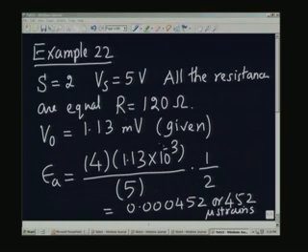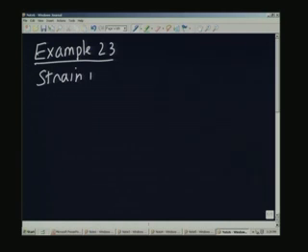So, it is a very small strain which we are talking about, and the assumption that the strain gauge is within the elastic limit is very well satisfied with such small strains, and therefore, whatever we have done seems to be okay. Now, suppose I look at the same problem slightly differently. I will call it example 23. I would like to look at the change in the resistance in this particular case. So, the strain is given as the number